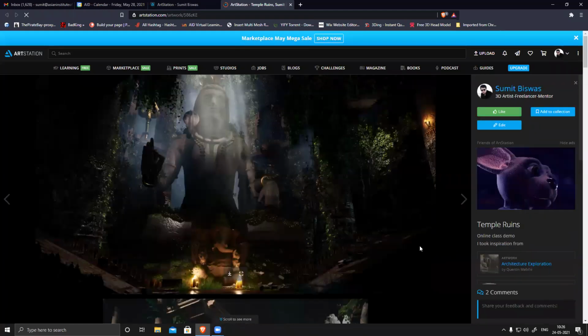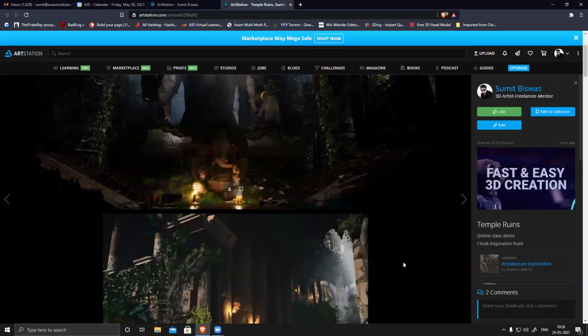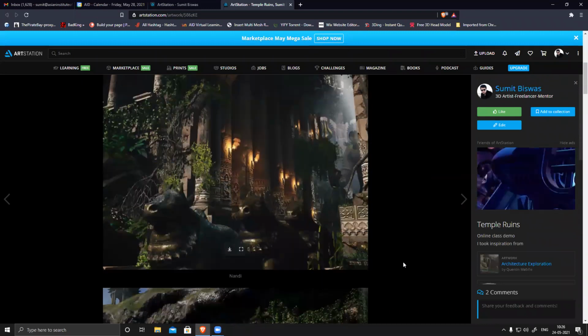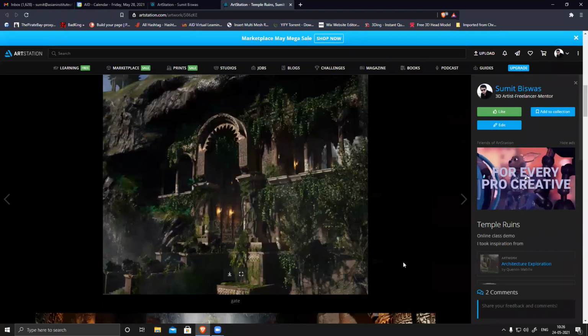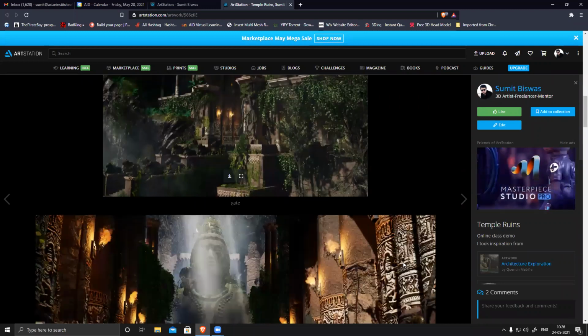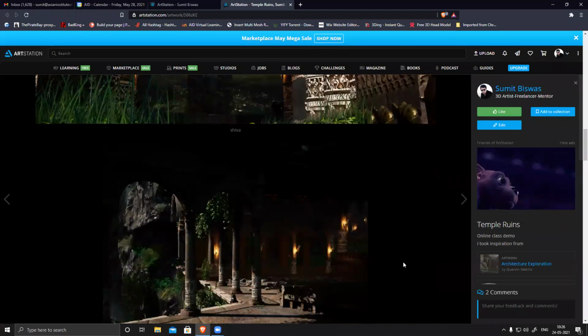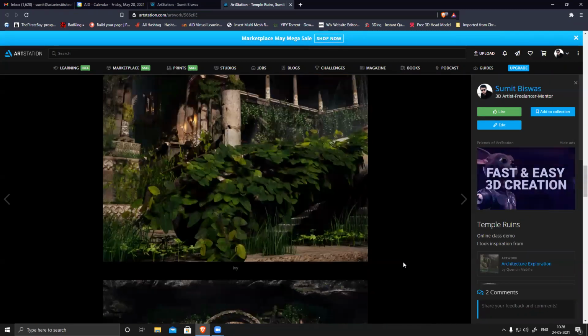That scene I was opening is basically this one. This is a 3D Unreal Environment. We created this entire scene. It's quite a big scene.